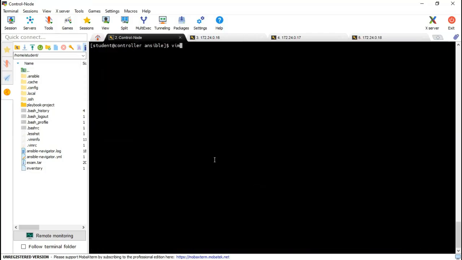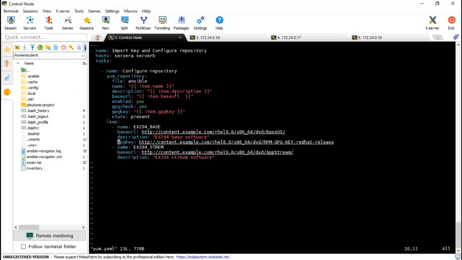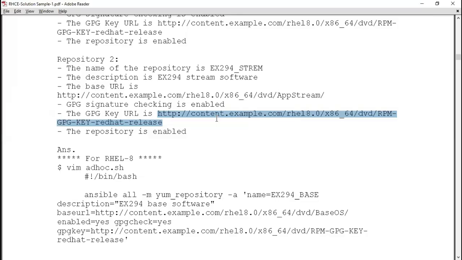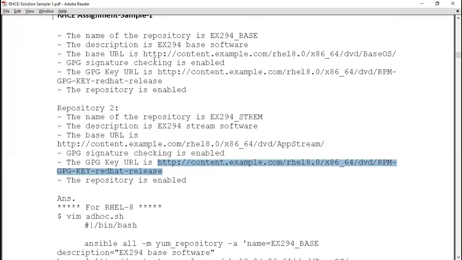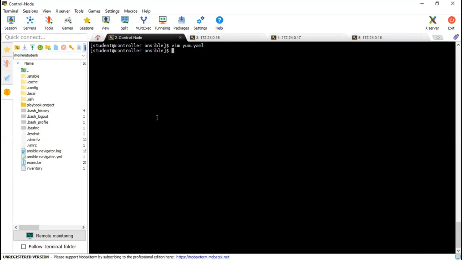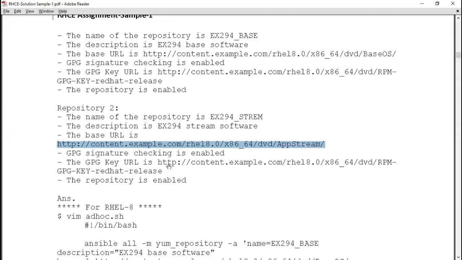Okay, so now our playbook is ready. So put this Ansible and all those things, GPG check. What did you copy? We didn't understand. Actually, see, whatever the things you are seeing there, it's saying download from there and this from there. These things you need to prepare from your side because in the exam, it will be already there. Similarly, I have created one server where I have already placed all these things.